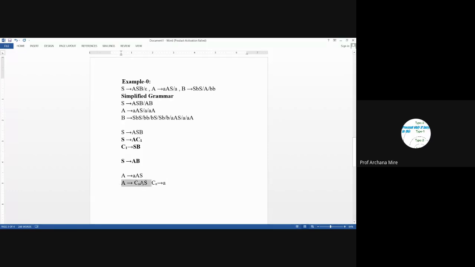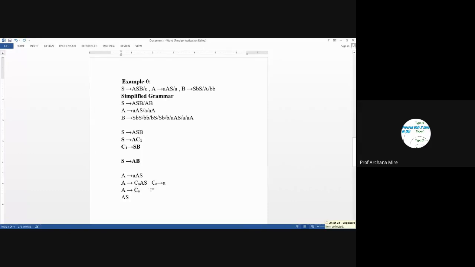This production rule also we will need to insert. Once again, we will need to check whether the length of this production rule is 2 or more than 2. No, it is more than 2. So once again, we will need to modify this production rule. And how to modify it? Keep the first non-terminal as it is, and the remaining substring of the production rule will be replaced with a new non-terminal.